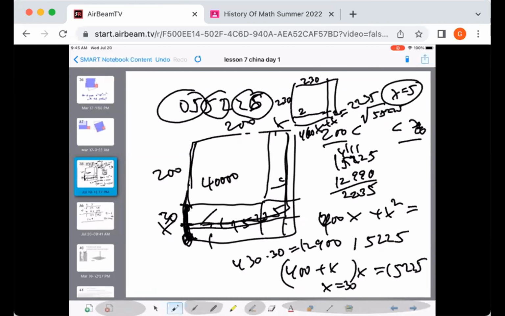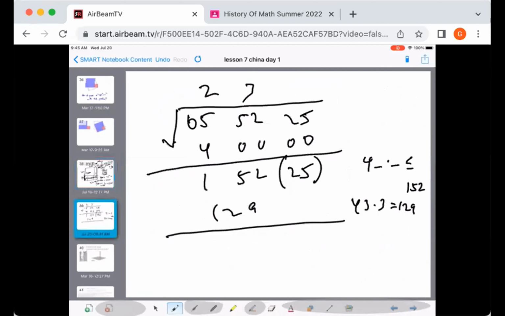So you skipped a step when you jumped to 230 as your first estimate. If it's a 3-digit answer, your first estimate is just going to be a multiple of 100. It's not going to be so refined. Now, that's why I recommend instead not to use the geometric picture, but instead to use the long division